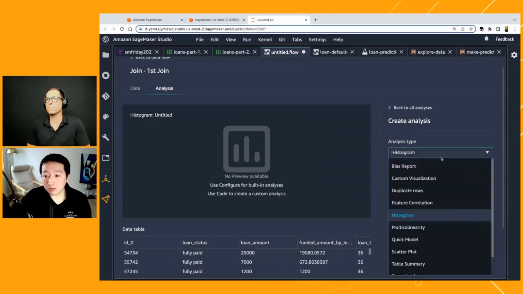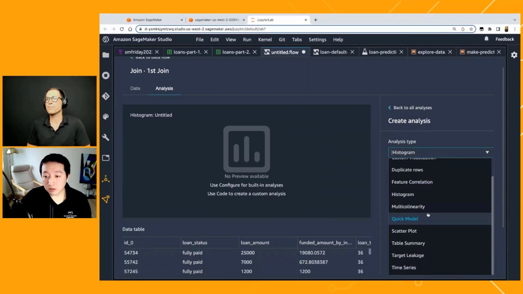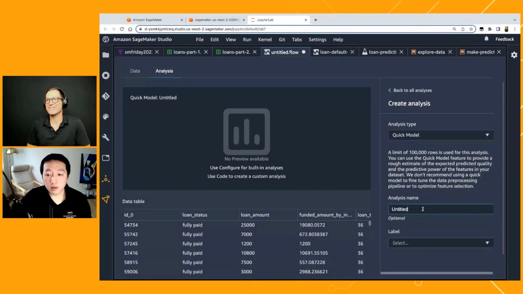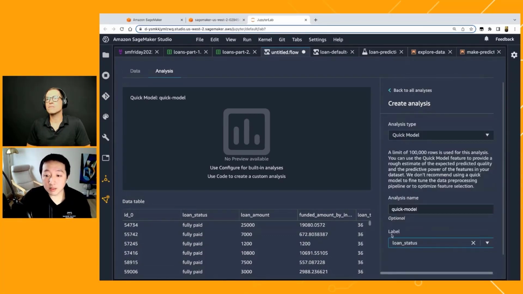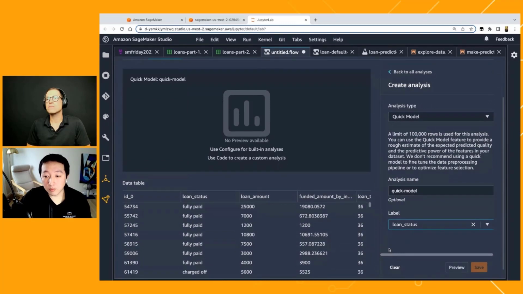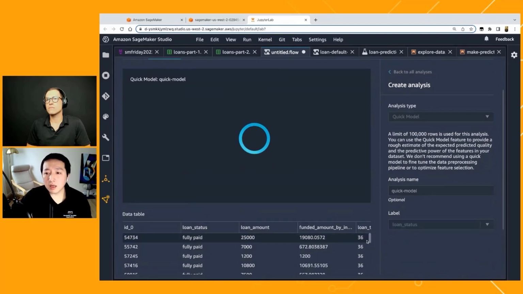Yeah, absolutely. So my favorite one is also the quick model we talked about before, right? SageMaker Data Wrangler really uses machine learning underneath, and we can simply select the target variable, which is the loan status, and it will start crunching the numbers for us and try to give us a first sense of what kind of predictive power this data set provides to machine learning models in predicting the outcome.